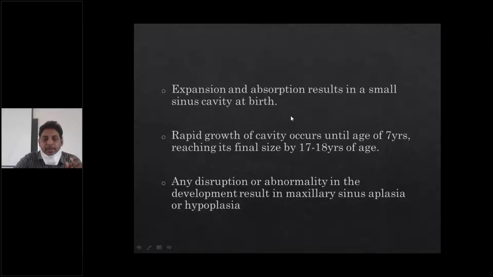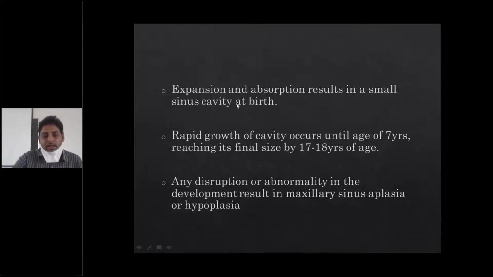But in the hypoplasia type of maxillary sinus, the shape is not quadrangular; it is oval in shape. Also, the shape of the orbit varies in maxillary sinus hypoplasia, because obviously the orbit is the superior boundary of the maxillary sinus. As we know, here is the maxillary sinus, here will be the orbit. So once there is a hypoplasia of the maxillary sinus, the size of the orbit also varies, which will also be more or less oval in shape, which is not the case in patients with a normal maxillary sinus. So there will be an oval shape of the maxillary sinus, and an oval shape of the orbit.